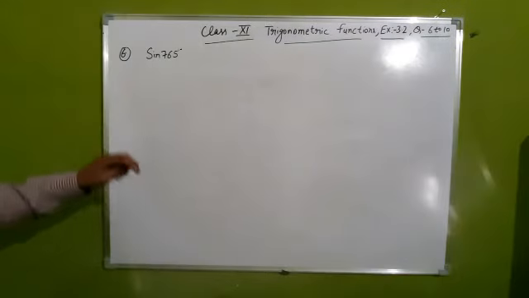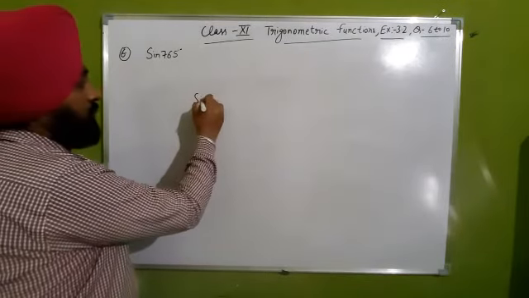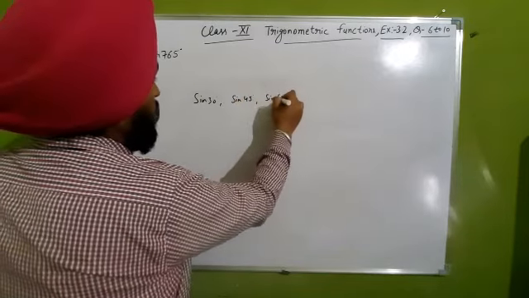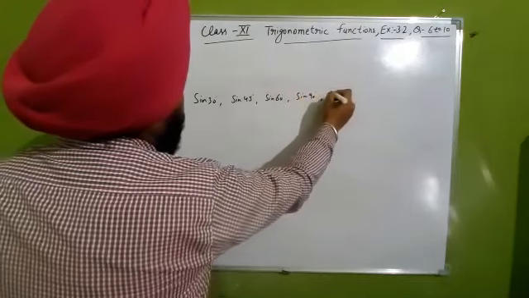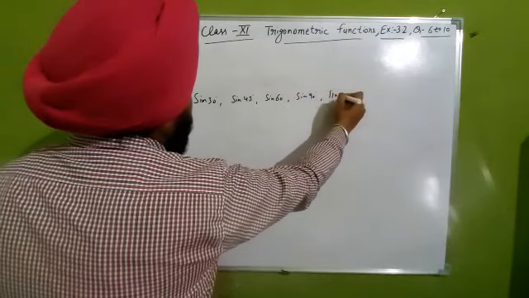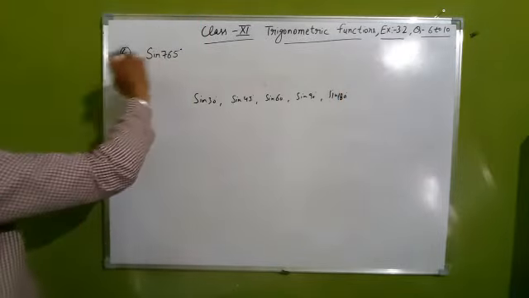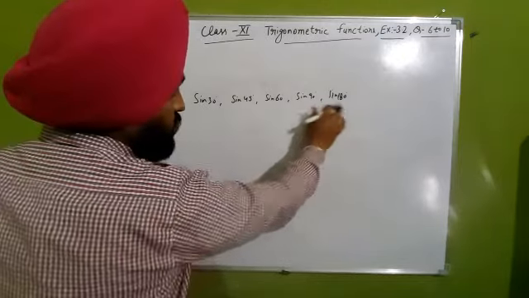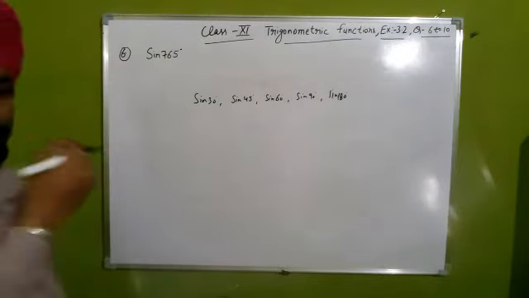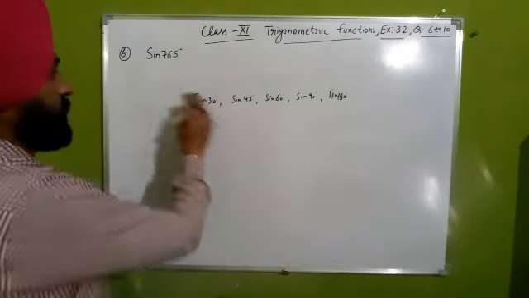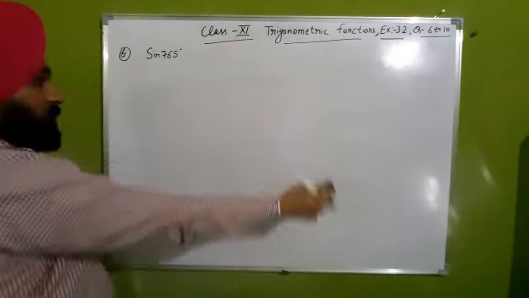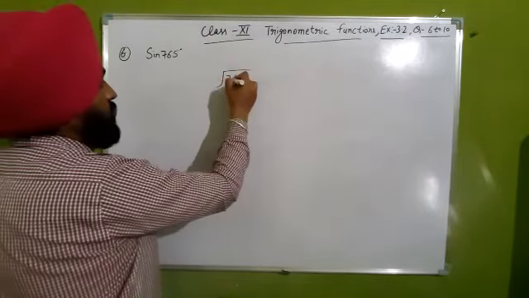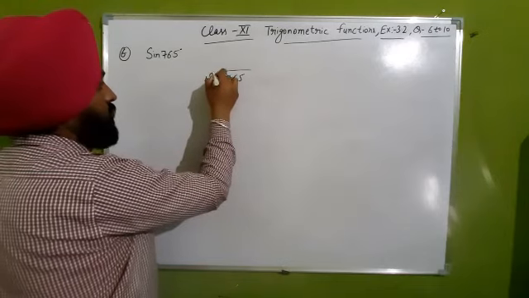You have learned about the sine 30 degree value, sine 45 degree, sine 60 degree, sine 90 degree, sine 180 degree and so on. But sine 765 is a very large angle as compared to these smaller angles. So how to find the value of this sine 765 degree? For this you must first divide it by 180 degree.